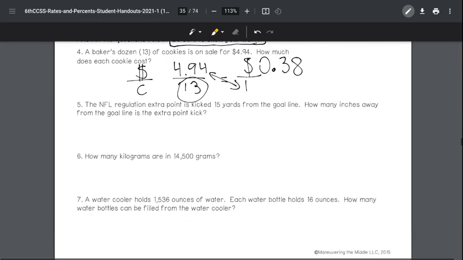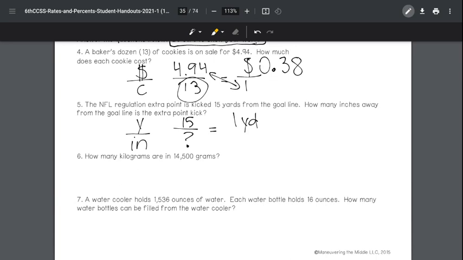Number 5, the NFL regulation extra point is kicked 15 yards from the goal line. How many inches away from the goal line is the extra point kick? Alright, so I want to go from yards to inches. 15 yards. We want to know how many inches that is. So if I have 1 yard, how many inches is that? You had your conversion paper in class. You kept it in your binder. But 1 yard